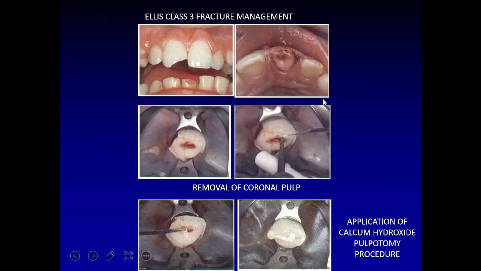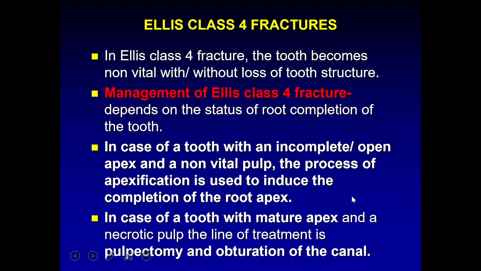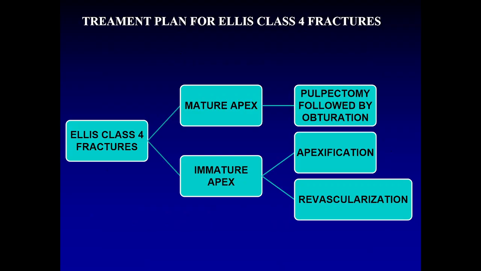This is how a class 3 fracture would look like. The patient comes to you and there is a pulp exposed. Class 4 fracture. What is a class 4 fracture? A class 4 fracture is when a tooth comes and it is non-vital. Now, this usually happens when